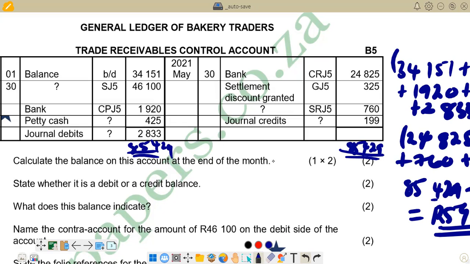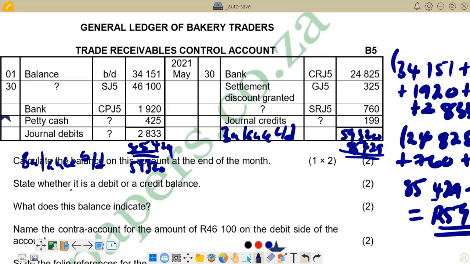Then you go to the lesser side, which is the credit side. That's where we give our balance, balance CD, which is the difference between the bigger and the lesser side. So we got 59,320, and it comes here. Then the balance BD will come where we have the bigger side, below the double lines, and we write